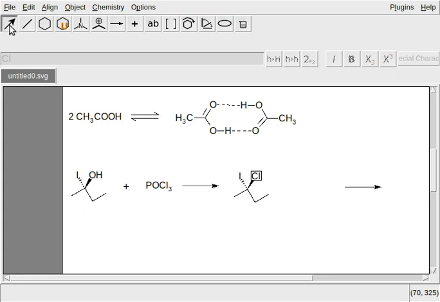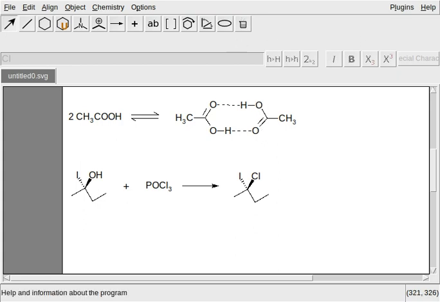Clicking the edit icon, then keeping the Control key of the keyboard pressed and clicking it, then it is gone. That is shorter. If you remember, Control plus click will delete the particular entity, whether a bond or an arrow, whatever.